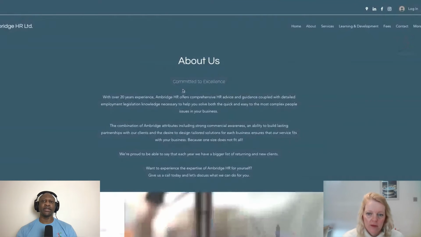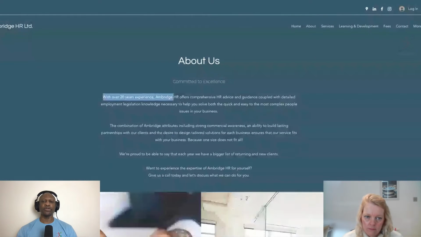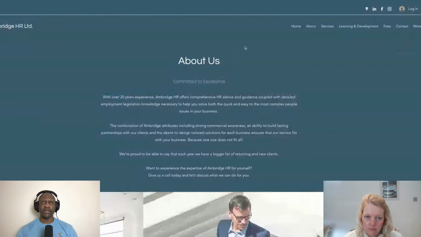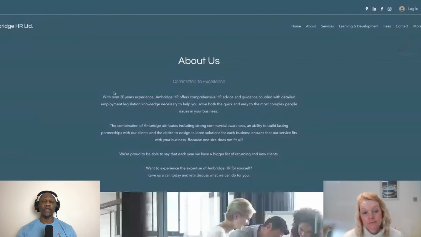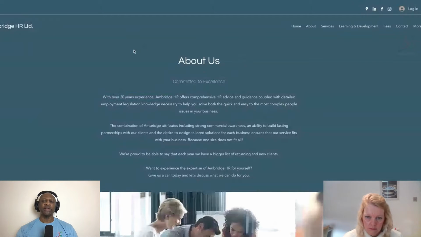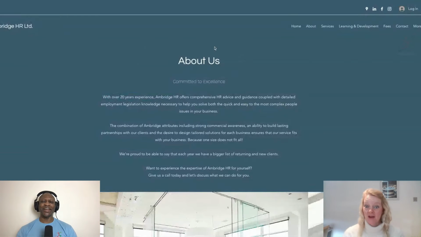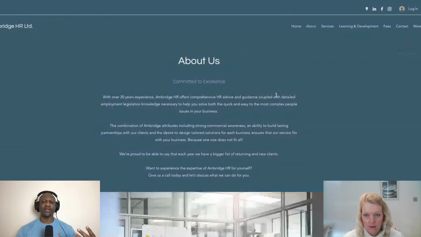Now, once you have that description on there, you now have 2 of the 3 most important things: the entity home. This landing page is going to be the source, so it's very strong from a search point of view. The description is about the entity, Ambridge HR. And the third step, this is, if you like, the exciting part, because once you have those first 2 steps, the third step is to then have consistency of the brand and the description